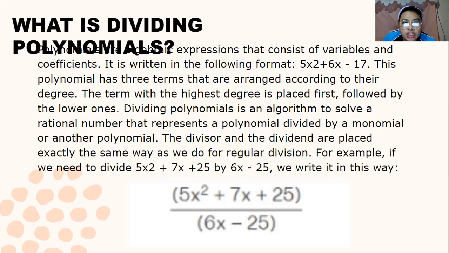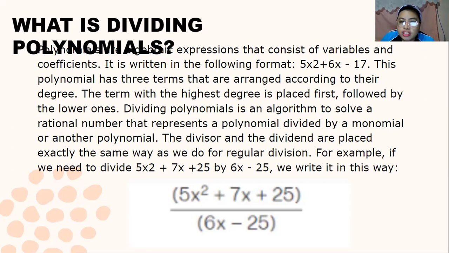This polynomial has three terms that are arranged according to their degree. The term with the highest degree is placed first, and the 2 above the x is the exponent. So the term with the highest degree is placed first, followed by the lower ones. Dividing polynomials is an algorithm to solve a rational expression that represents a polynomial divided by a monomial or another